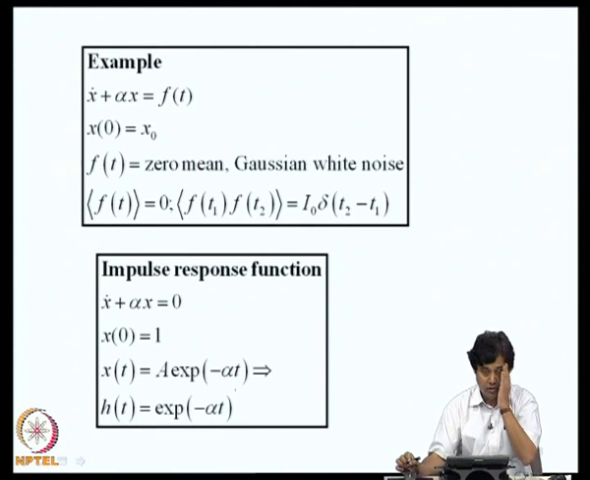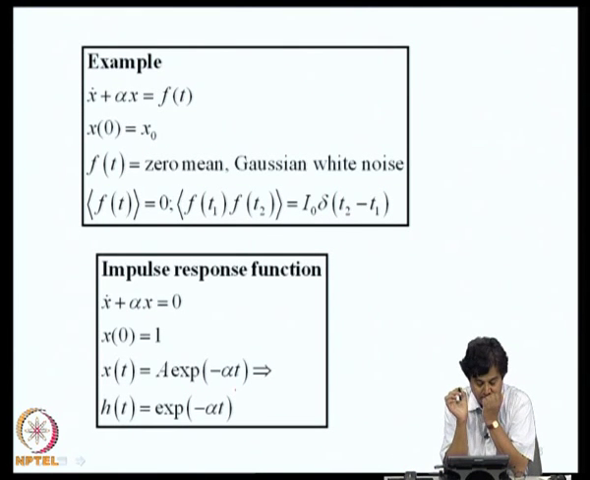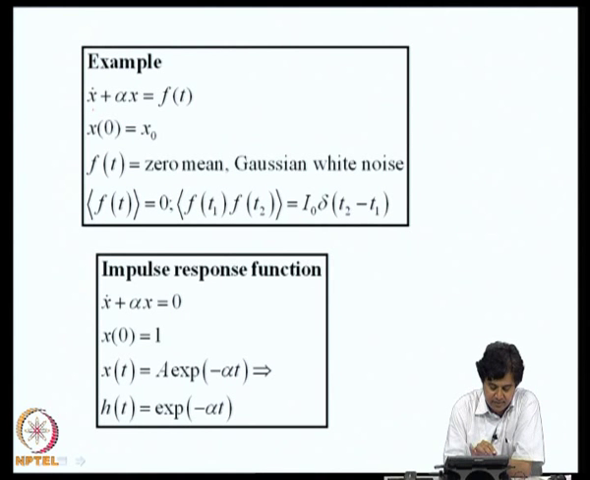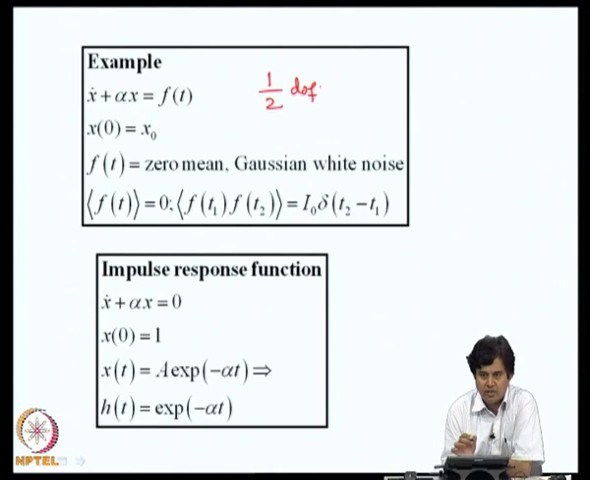Now, to explain the details of what we discussed till now, let us consider a very simple example. We will consider a dynamical system which is governed by a first order differential equation. You can think of this as a single degree of freedom system where the mass is extremely small, and inertial effects are negligible. So, you can think of this as a half degree of freedom system. If a second order differential equation describes a single degree of freedom system, this can be taken as describing a half degree of freedom system. So, x dot plus alpha x is f of t, x is scalar,